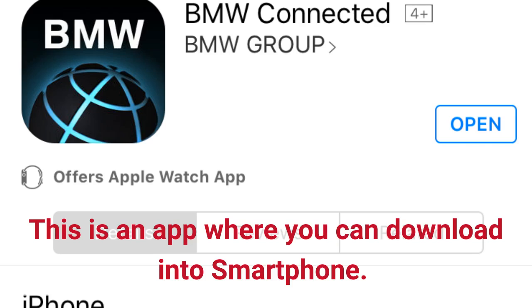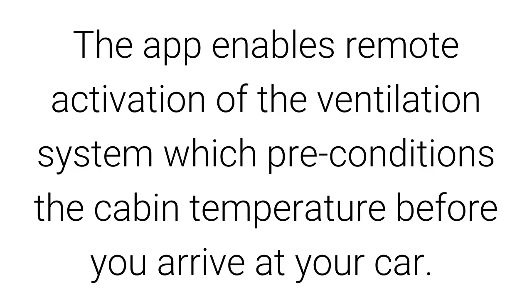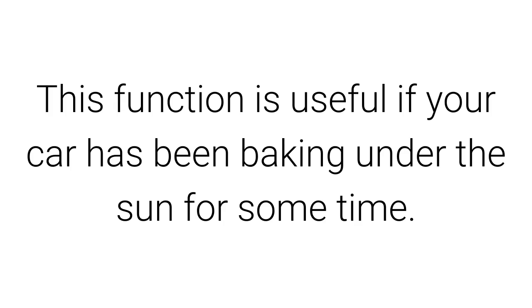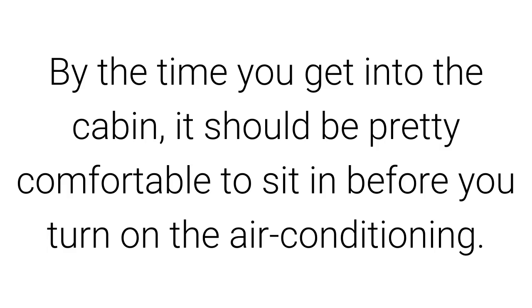BMW Remote function. This is an application created by BMW which you can download onto your smartphone. The application basically enables remote activation of the ventilation system, which preconditions the cabin temperature before you arrive at your car. You can set it to start preconditioning of the cabin at a predetermined timing. I find this function really useful if your car has been baking under the sun for some time. So by the time you get into the cabin, it should be pretty comfortable to sit in